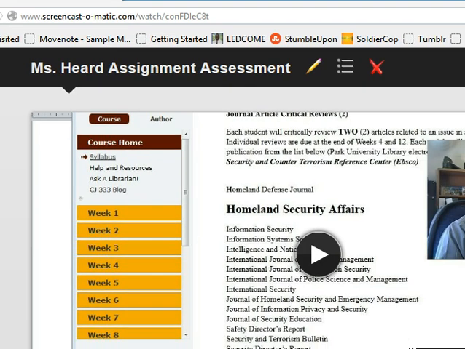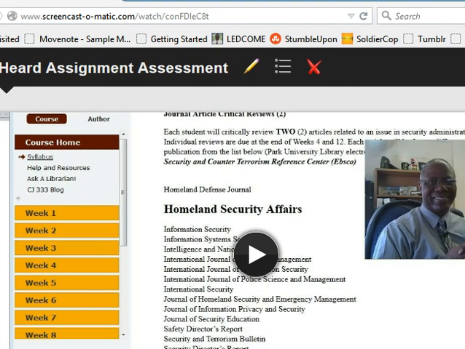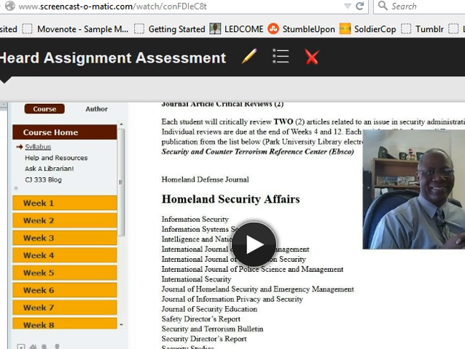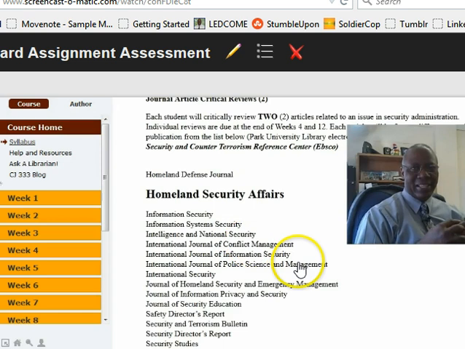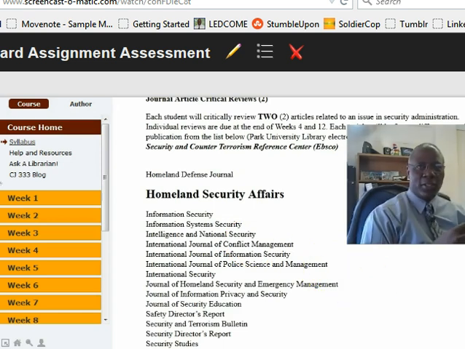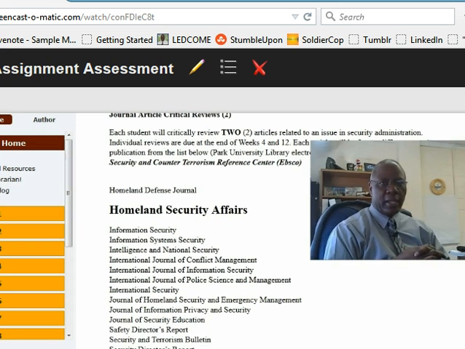So again, as with MoveNote, Screencast-O-Matic allows you to bring in a video of yourself, as well as in the background the live screen itself. Some of you have probably used Screencast-O-Matic or Screencaster or something similar in the Mac environment. But once you've again recorded that, you can get the same information, and because it is live,